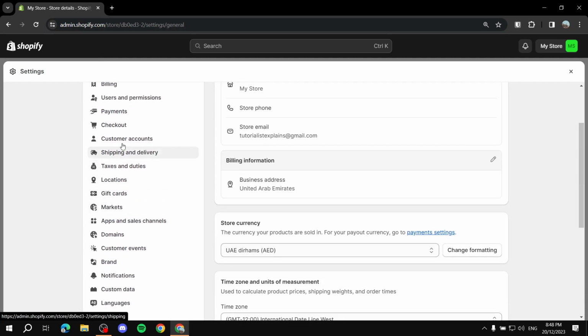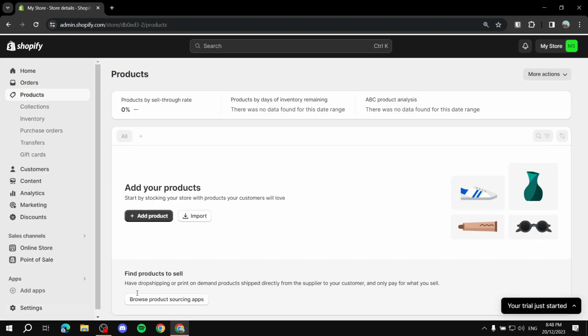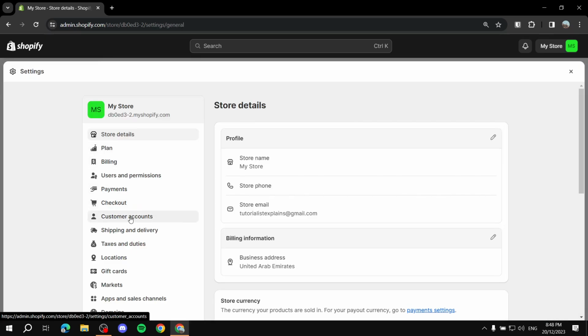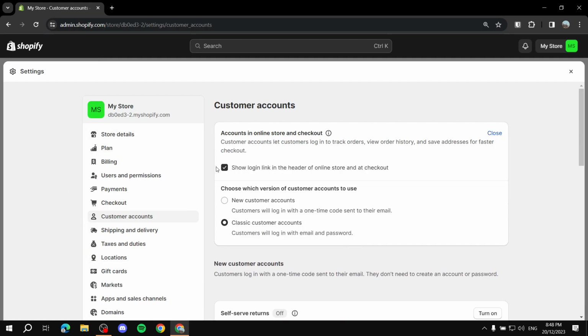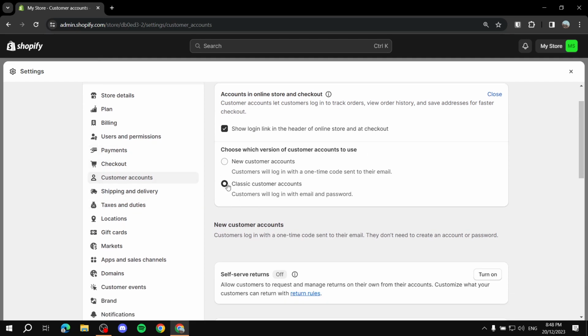So if we go back to the same place, again, we go to settings and we go to customer accounts. From here, once we click on edit again, we see this is the one that we enabled, and then it gives us two options. By default, it's going to give us the classic customer accounts where customers will log in with email and password. Just like I just showed you, they basically just register with their first name, last name, email, password. But this is the classic customer accounts. There's nothing wrong with it, but they also enrolled a new